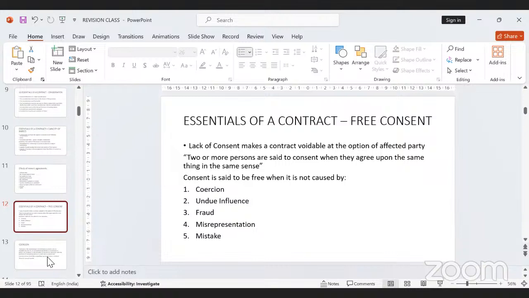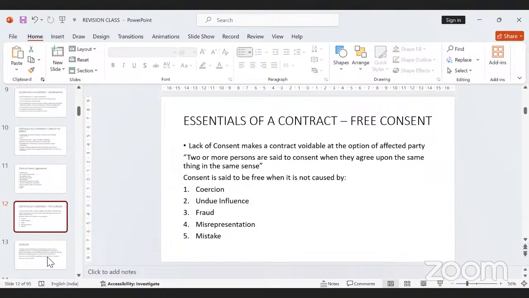Right. So take for example, A and B are entering into a contract. A has forced B to enter the contract. So the contract is voidable at the option of B. That means if B wants, that contract can be continued. If B wants, that contract can be cancelled. So law is giving that option to B. Because B was forced, because B was threatened, law is giving that option to B. Do you want to go ahead with the contract or do you want to cancel the contract? Whatever you say, we will go based on that.